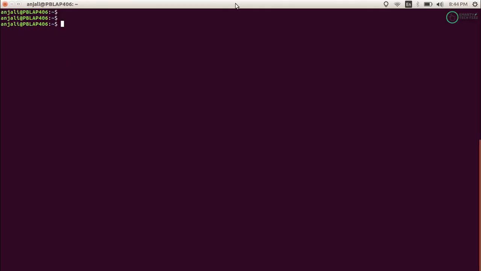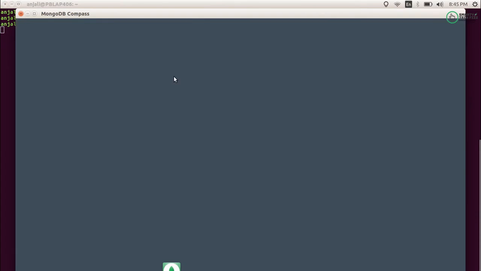So you just need to come to your terminal and copy and paste this command. After pasting this command, just run it, and after running it, you can see MongoDB Compass has been installed and it is loading its plugins. Let's wait for a moment and it should start now.